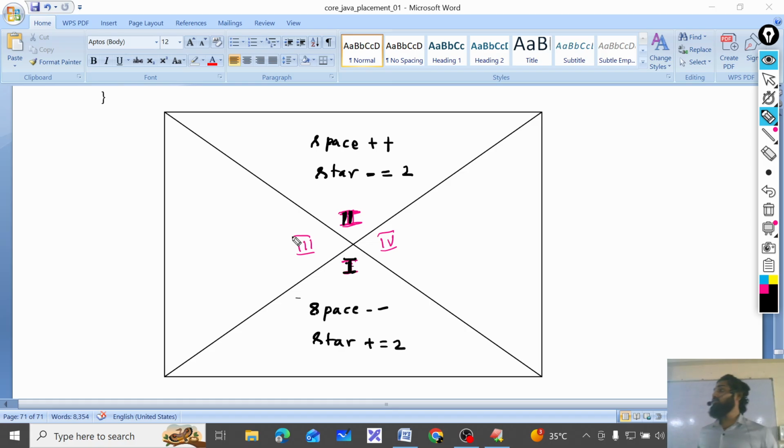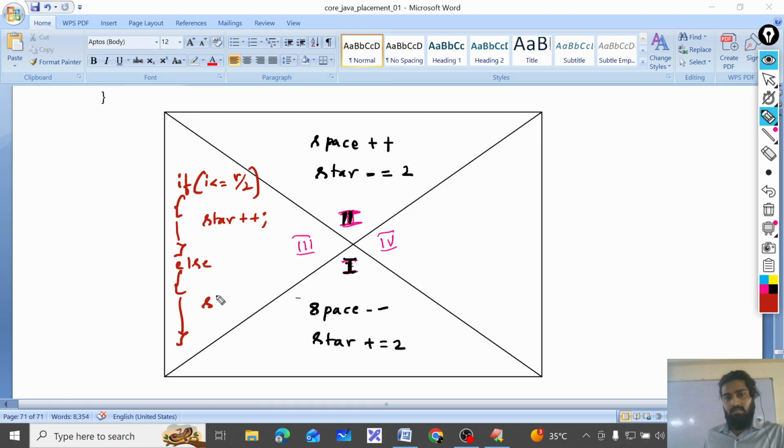If else you have to use only in the left side and right side, because stars are increasing up to certain point and later on stars are decreasing. That is the reason. Listen now. I am going to talk about left side first. Left side you don't have to print space. You know it. Here we are not printing spaces. The condition is very simple. If i value is less than or equals to r by 2, correct? What we should do? What about the stars? Star plus plus. This is if. Then else. Else is what? Star minus minus. This is left side diagram.